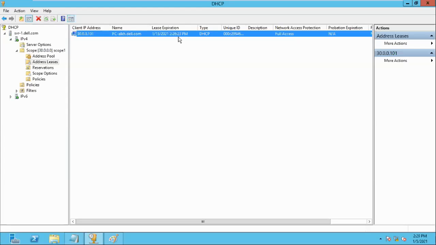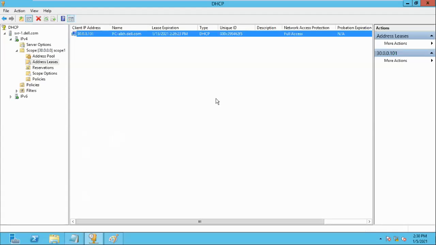So 113, this is the lease, and DHCP is the one who provided it. This is the unique MAC address. I already told you, with the help of the MAC address you can contact the DHCP server. Yesterday we discussed PXE boot, remember? Clear? In address leases, we get the list of the IP addresses assigned to the clients. If there are 100 clients, you get 100 clients' information. This is the database of the DHCP.